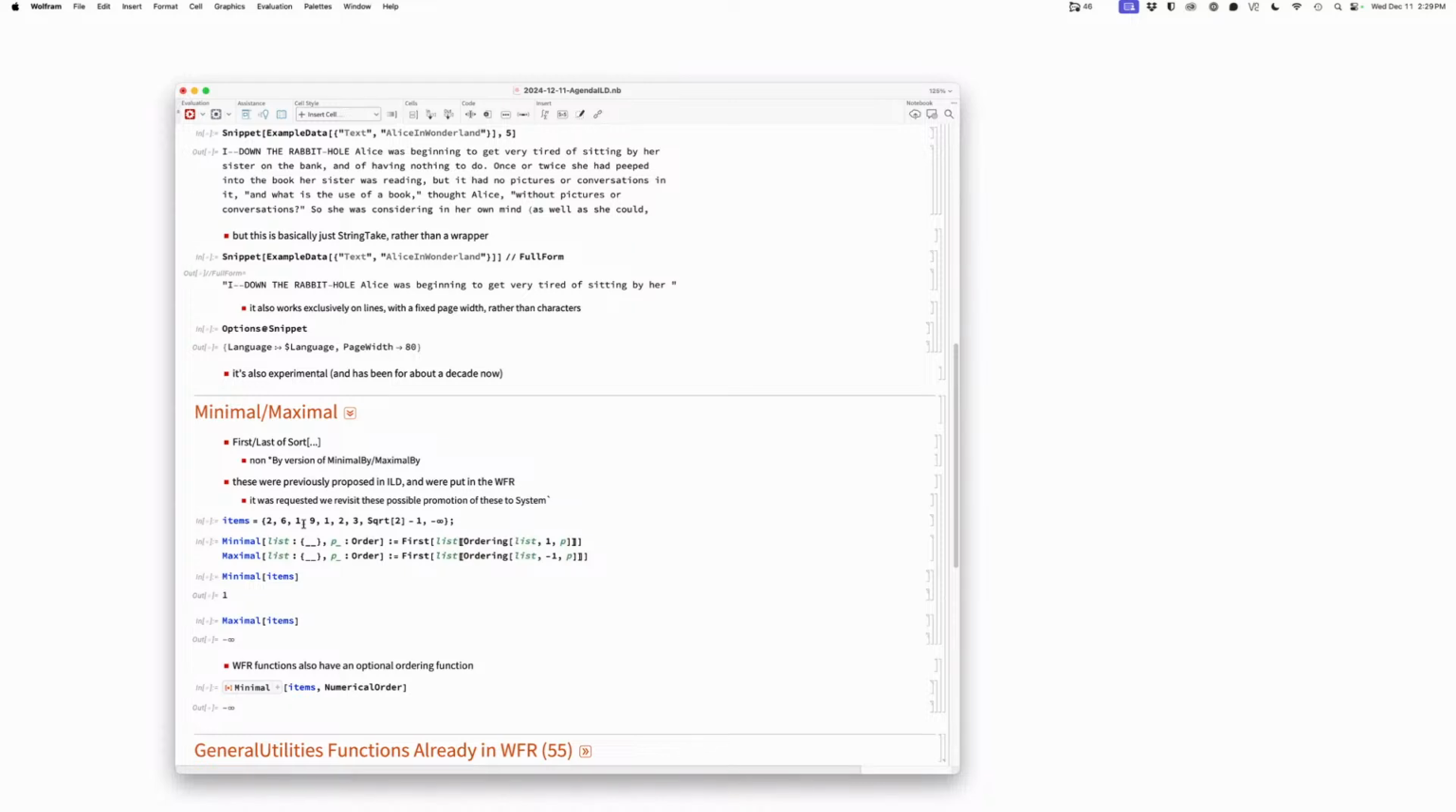And speaking of things, I'm not a big fan of minimal, because if it's ABC, what's the minimal of ABC? And minimal is really, you know, first of sort, which is effectively something that I find very useful. I think it would be kind of nice to reflect in the name that this is related to ordering, but